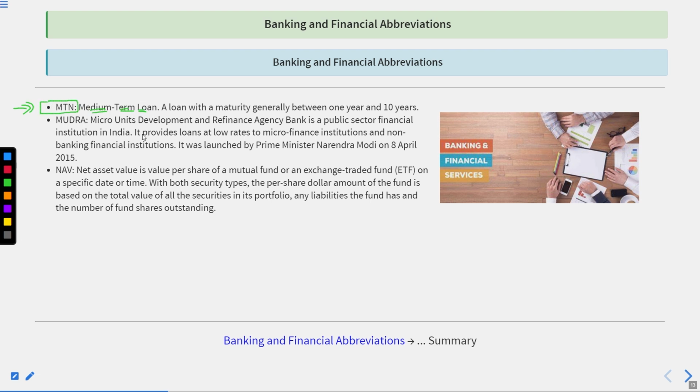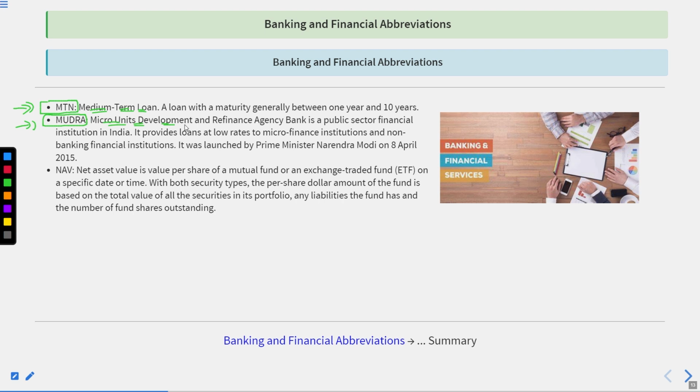Medium term loan, a loan with a maturity generally between 1 year and 10 years. The Mudra, Micro Units Development and Refinance Agency Bank, a public sector financial institution in India, provides loans at low rates to microfinance institutions and non-banking financial institutions (NBFIs), launched by Prime Minister Narendra Modi on 8